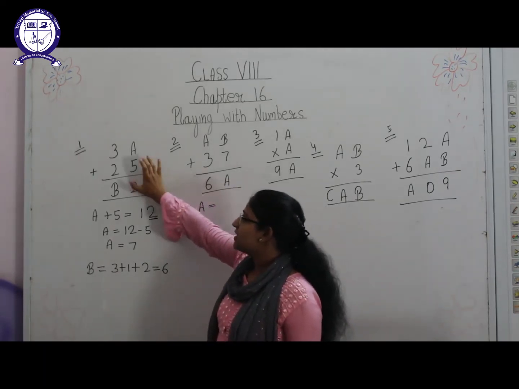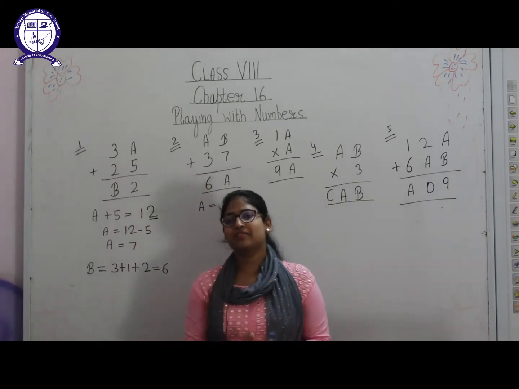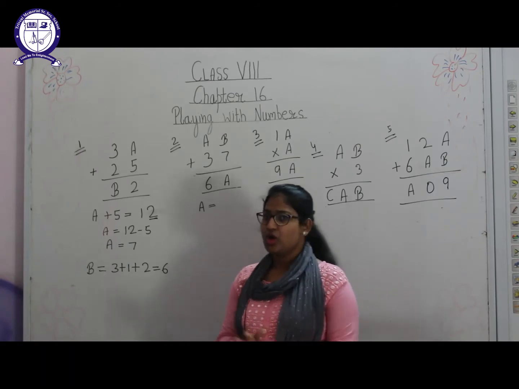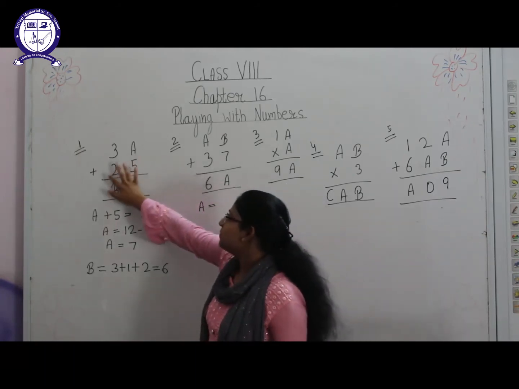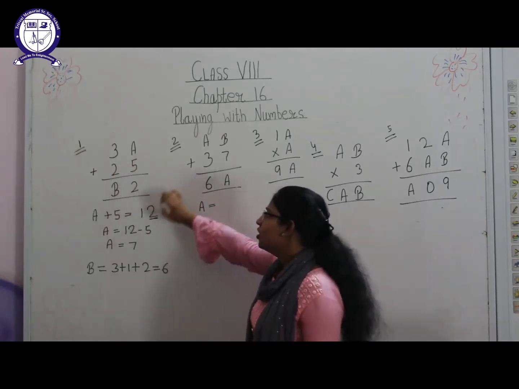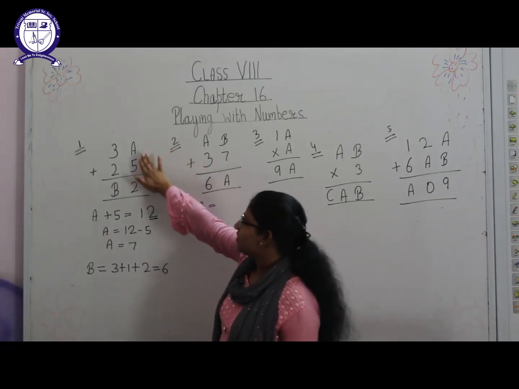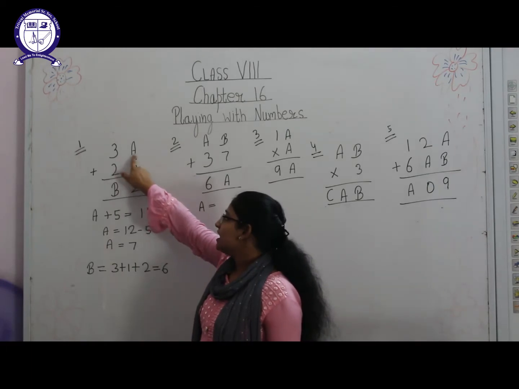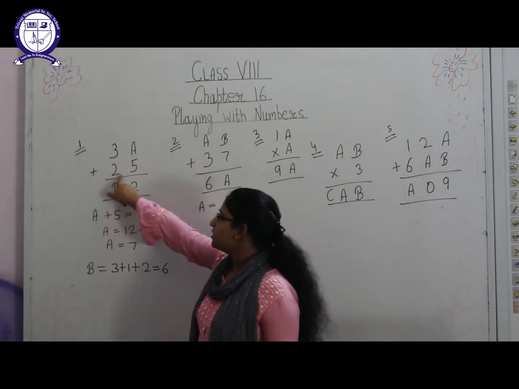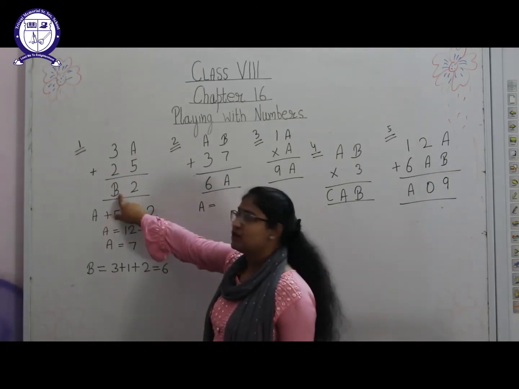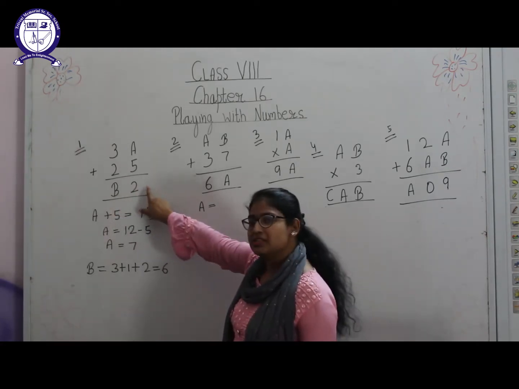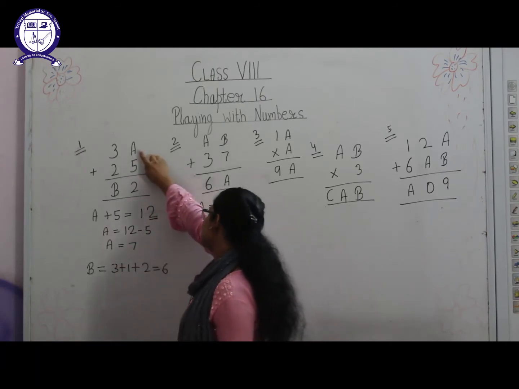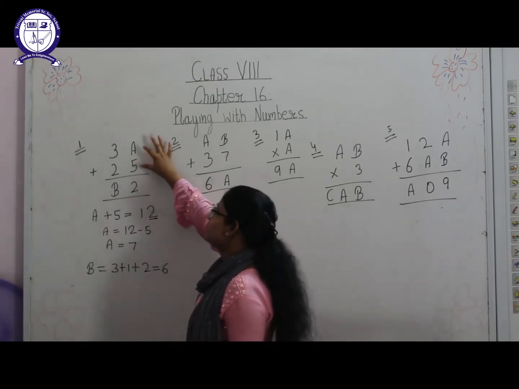In this, A and B are given. It means whenever alphabets are given to you in the question, you have to find their values. So here 3A plus 25 is B2. You have to find the value of A and the value of B. To 3A you add 25 so that you get B2, and the unit place is 2 here. So first of all, to find the value of A, can we get